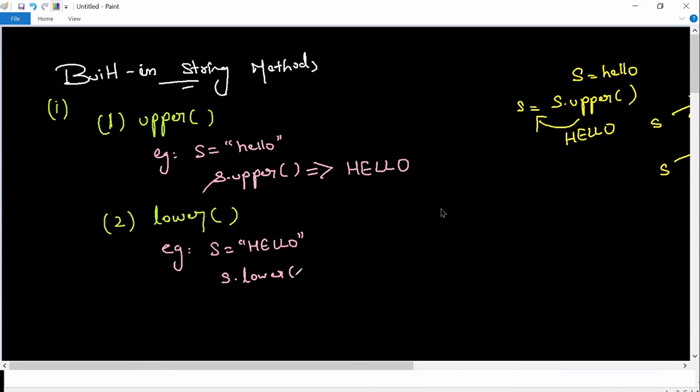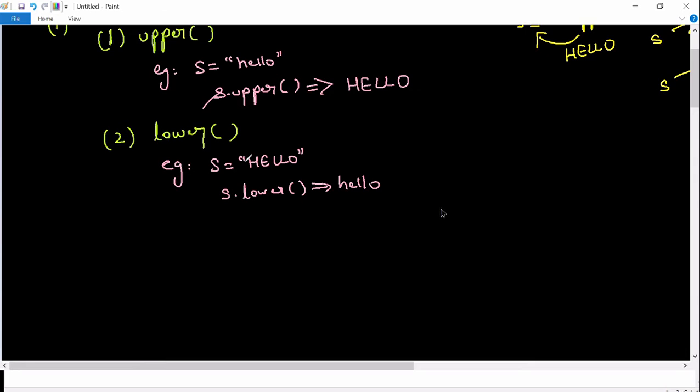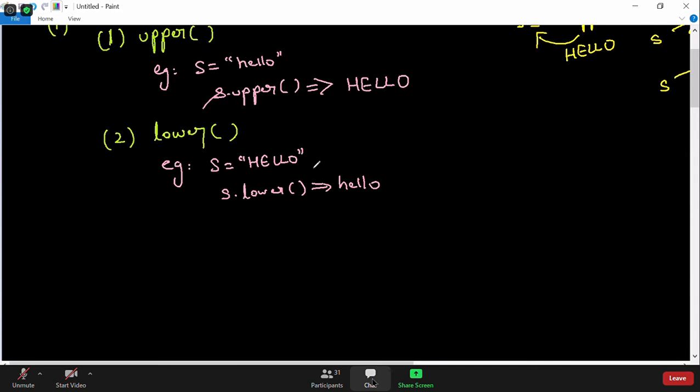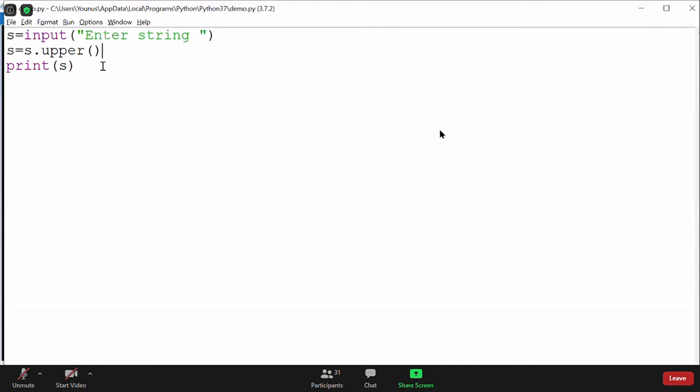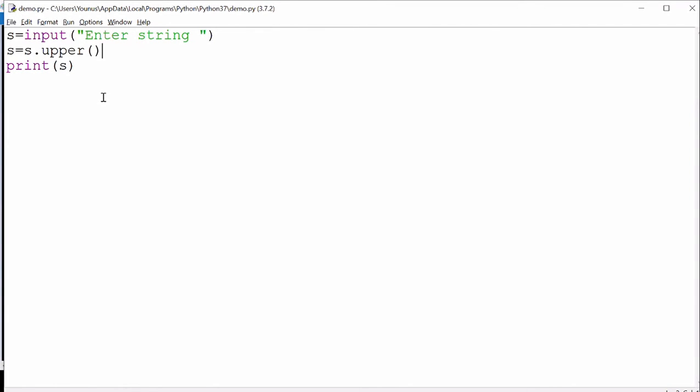So when I say s dot lower, it simply returns me the lowercase version of hello. Very commonly used methods are upper and lower. Okay, sometimes, as you have seen, can you make only the first letter capital, guys, instead of the whole string? I just wanted to make the first letter of hello capital, remaining as it is. How can I do that?